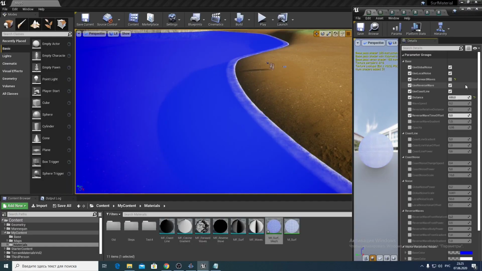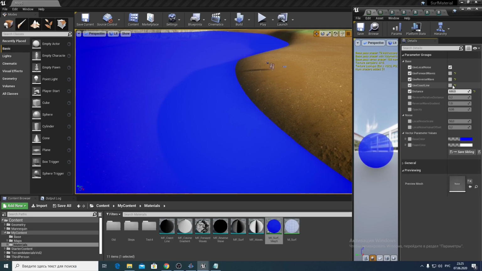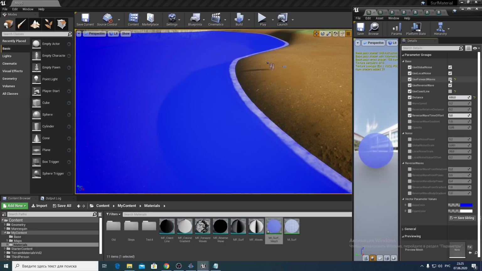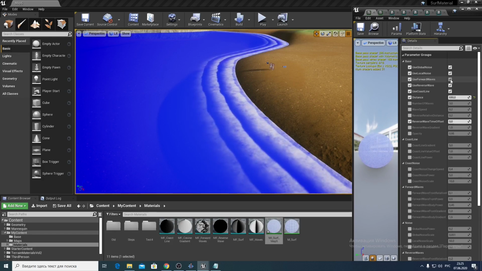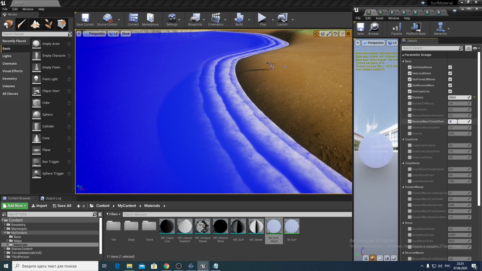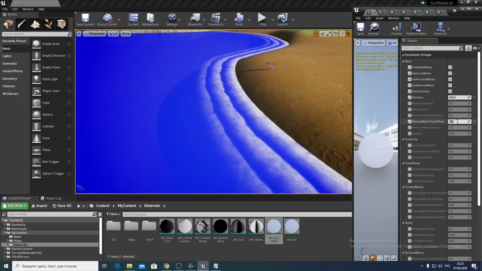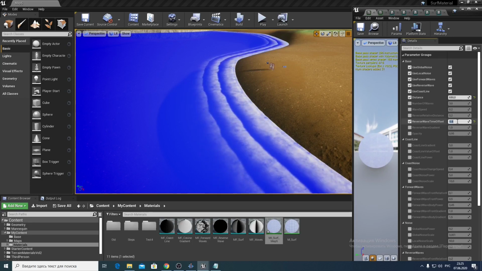Let's see what the coastal zone looks like without using a reverse wave. Now turn off the foam, turn on the reverse wave, add foam and forward waves. If we set the time offset equal to 0.5, then the reverse wave will appear in the gap between the forward waves.